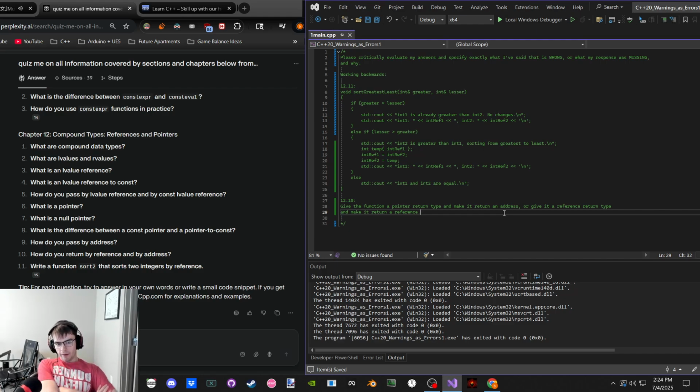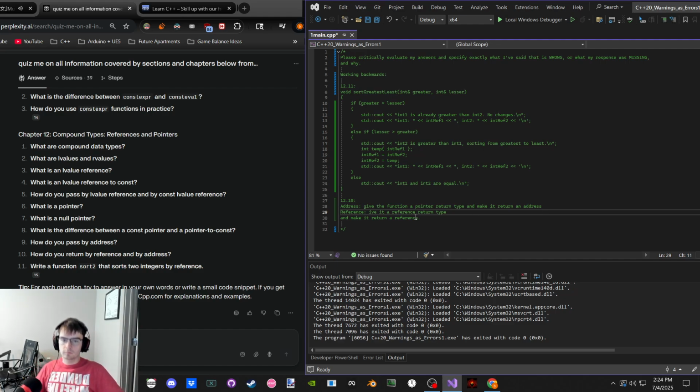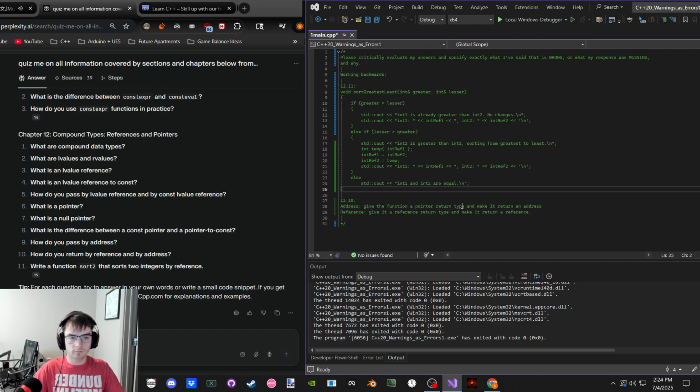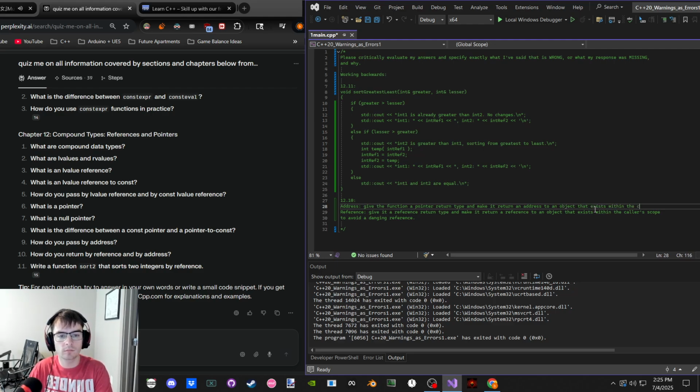How do you return by reference and by address? A reference to an object that exists within the caller's scope, to avoid a dangling reference. This is